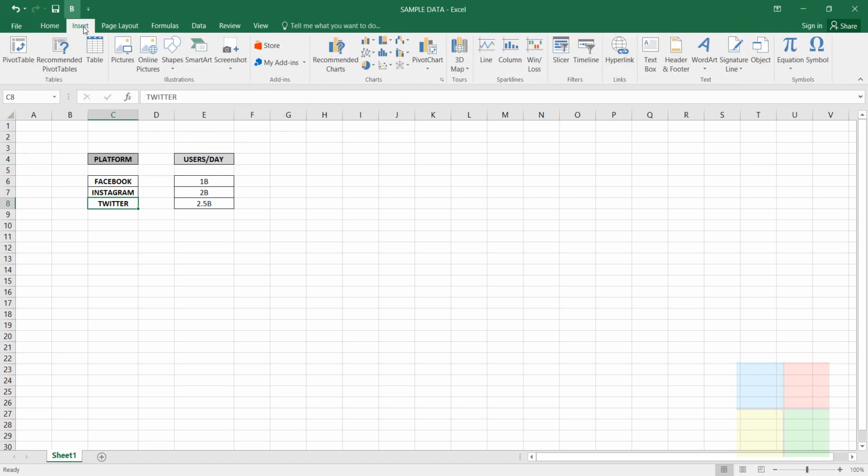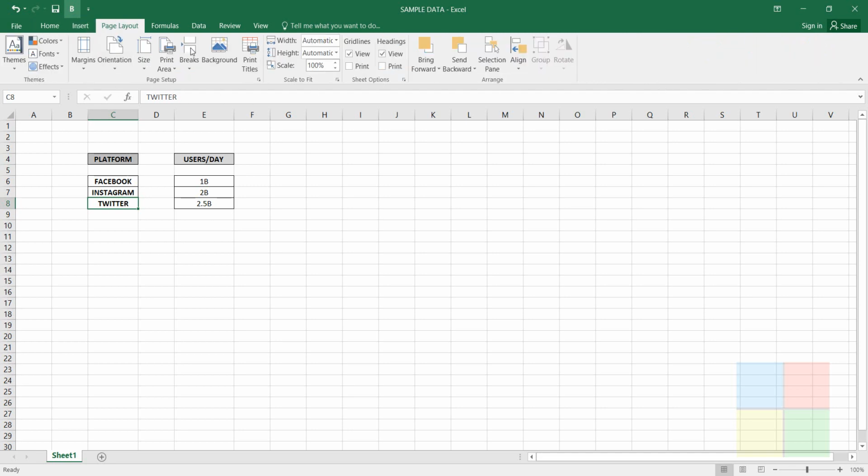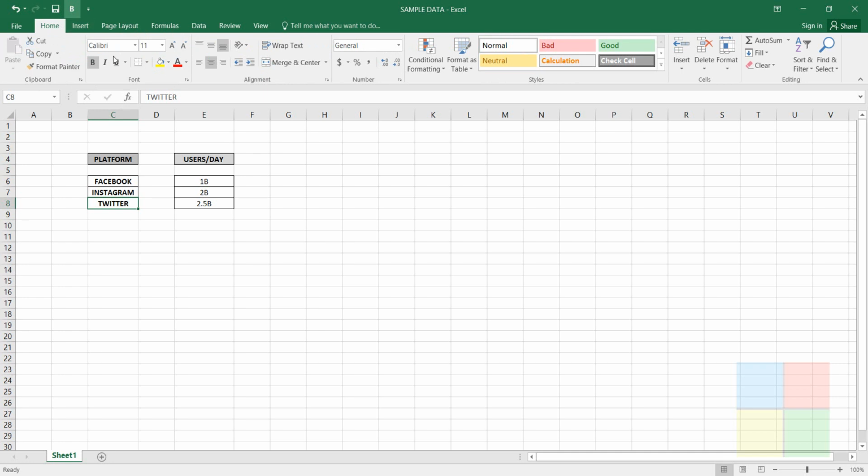In the same way, in the insert tab you have many options, and in the page layout tab you have many options. You can add any of these options to the QAT. Got it right? In case you want to remove it, you can right click on the option and then remove it from the QAT.